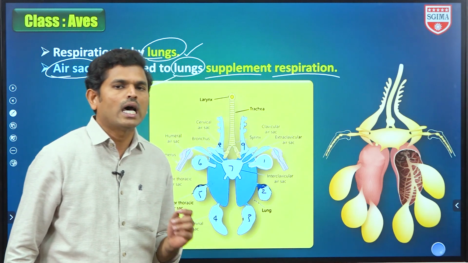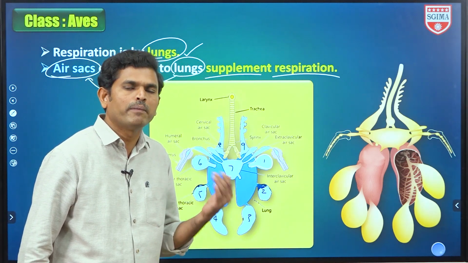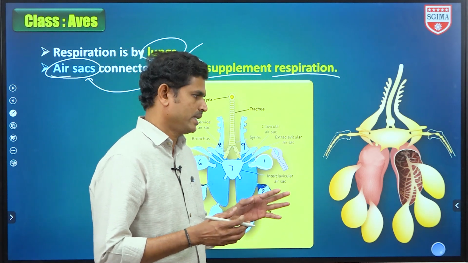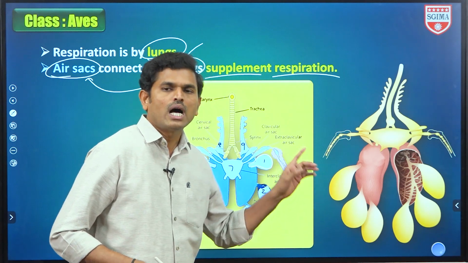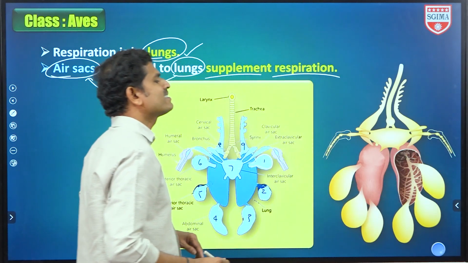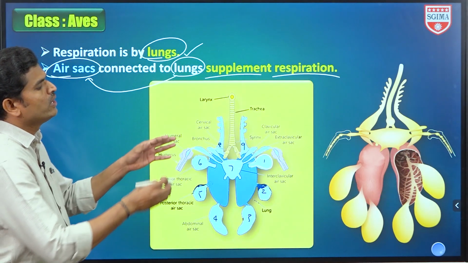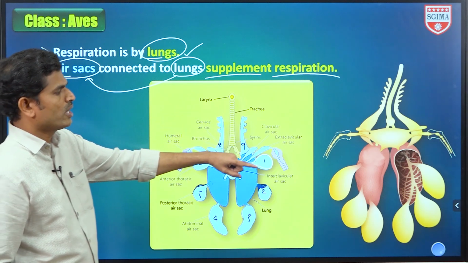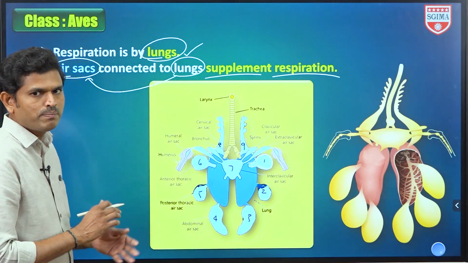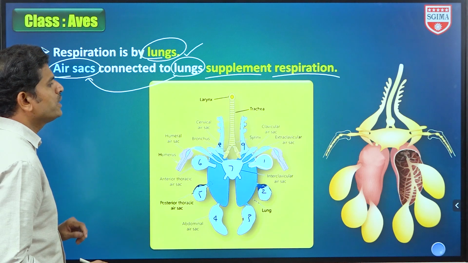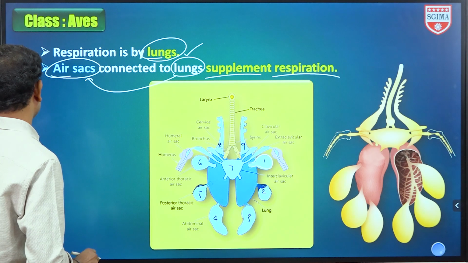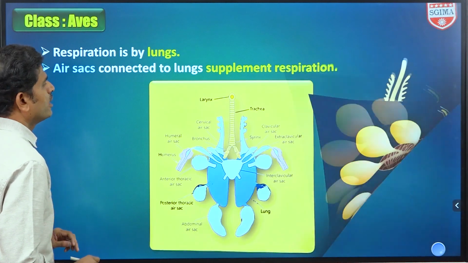But in birds, alveoli are absent. In mammals like human beings, we have millions of alveoli in our lungs. But here alveoli are absent. Instead of that, they contain ये air supported air sacs. So these air sacs store the air. By this adaptation, the organism also reduces body weight. But इसका main purpose ये नहीं होते. They help in double ventilation, and double ventilation leads to supplementation of aeration or respiration. Let us see that double ventilation.